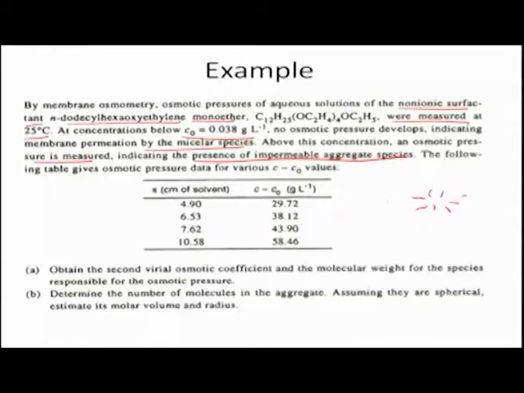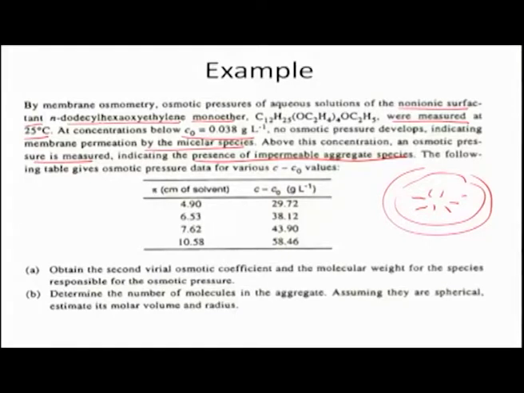But after a certain concentration, this aggregate becomes bigger, and because of that there were impermeable aggregate species. So, only solvent was diffusing, but no aggregate species were diffusing. There could be monomers and dimers and so forth that may diffuse, but this aggregate was not diffusing. So, they measured this osmotic pressure for concentration greater than C0, and it was tabulated